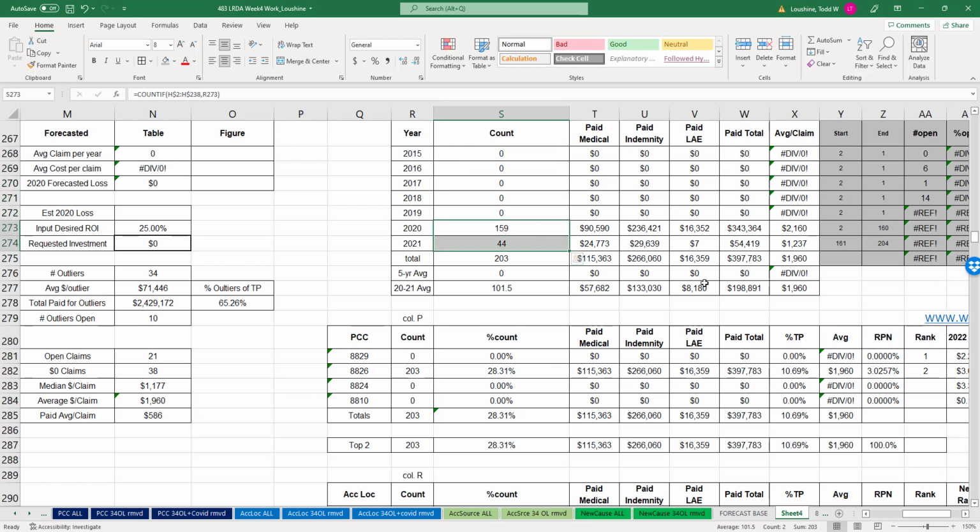Because now all we have are those guys right there. This doesn't seem right, does it? Did my data set become corrupted? Because it's interesting that these two policy class codes